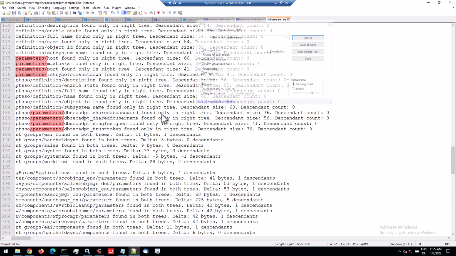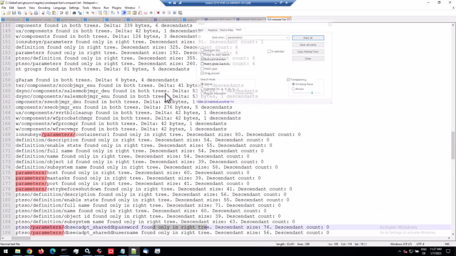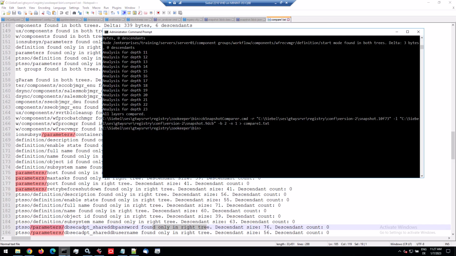Okay, and you see where it's found. If it's found only in the right tree, it has probably been added, and if found in both trees, it has been changed. No values provided here, just the hierarchical information, but it's nice enough information. And yeah, I'm going out on a limb here. Let's try that